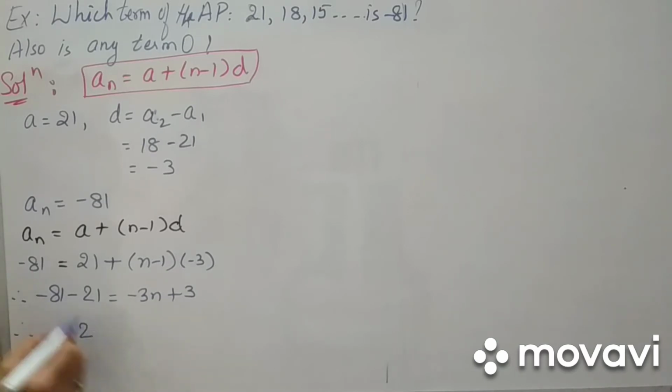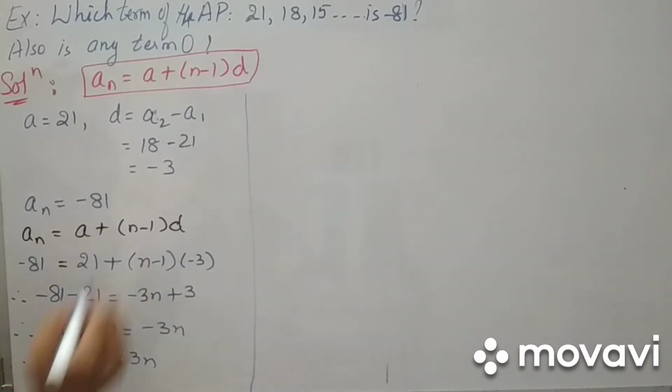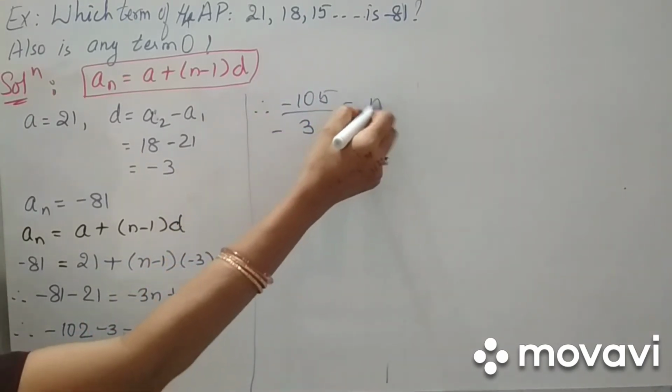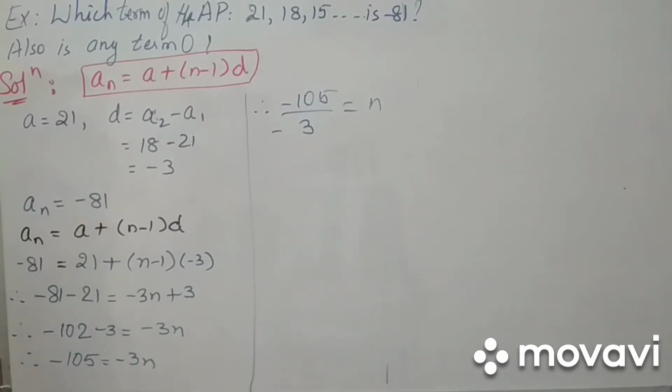Simplify it, what are you getting? Minus plus, take the sign of the greater number. Greater is negative. So 81 and 21 give 102. Now bring this 3 once again to the left side. So this is positive here, it will become negative, is equal to minus 3n. Therefore, add up again, and the sign of the greater, minus, will come: 105 is equal to minus 3n. Now simplify it further. What will you do? Take minus 3 to the other side. Therefore, minus 105 upon minus 3 is equal to n. So, how will you do the simplification?